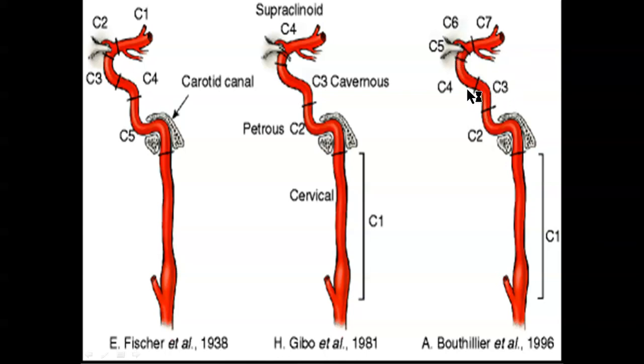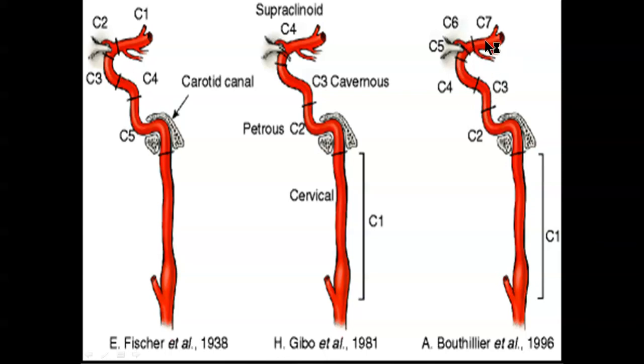So these were the two main things, C3 and C5, which were introduced by Boutelier. C3 was the LACERUM part, which wasn't in the Gibo classification, and the clinoid part, which wasn't named in the Gibo classification. So C3 and C5 are the main points to be remembered, and of course, the supraclinoid part is